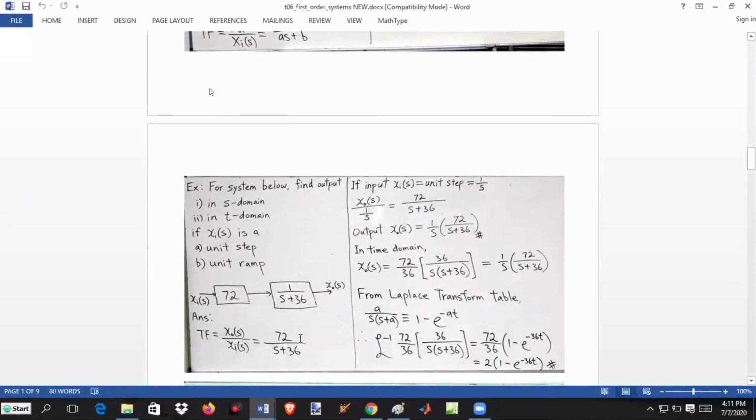So how can I get the S domain output for this system with 72 here? Very easy, get the transfer function. Then you substitute X in equal to 1 over s, because 1 over s is unit step. If the input is a unit step, the output is a unit ramp. Multiply the transfer function by 1 over s, all these things there. Now you go to